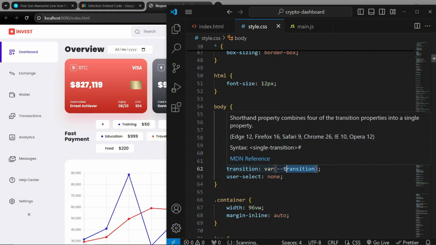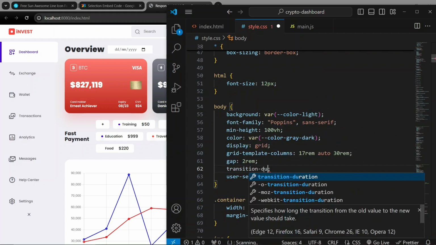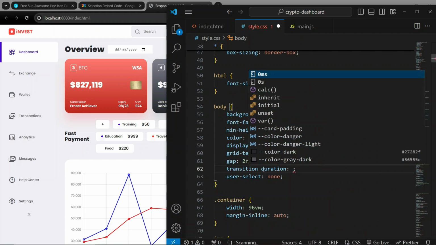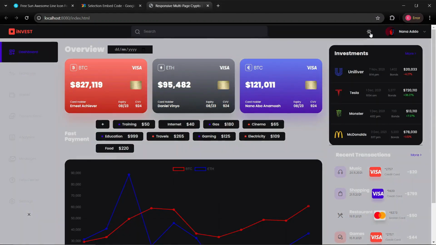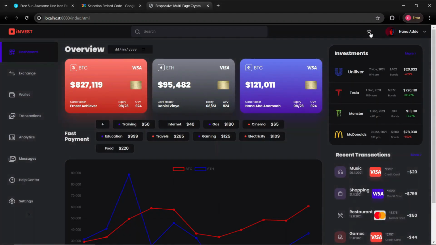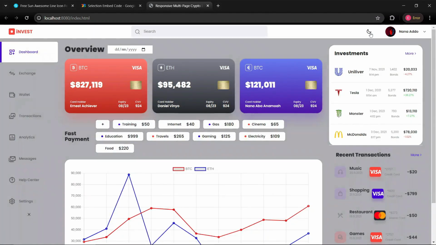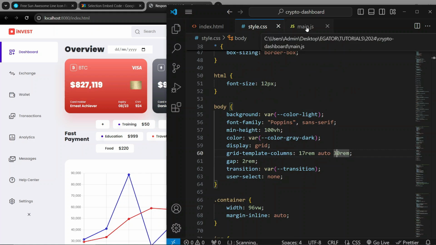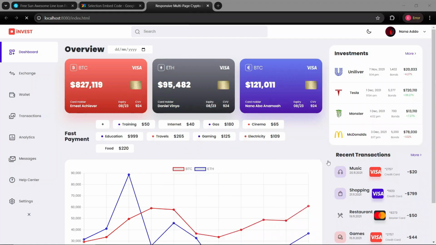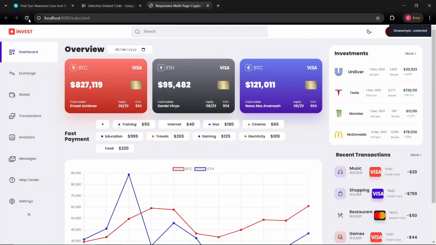If I give it, let's say, a transition duration of about 3 seconds, you should see this clearly, right? Perfect. So that's it, right? That's too slow, so I'll keep it at the default variable transition. Okay, so that's it. And of course, this should be saved to the local